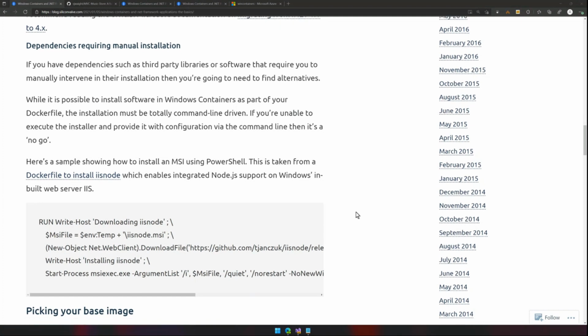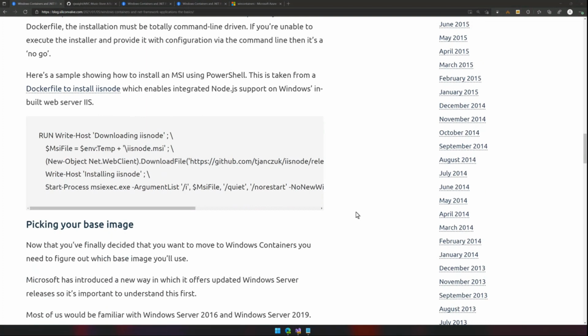So I've got a simple example here in this blog post that shows how you install iisnode, which is Node.js support for IIS, on a Windows container in the Dockerfile. So you've got the RUN command, which is telling the Docker builder what to do. And then we're running effectively a chunk of PowerShell to download the MSI, and then we actually install it using a Start-Process call and pass in a series of arguments.